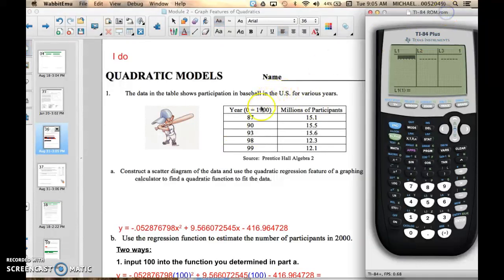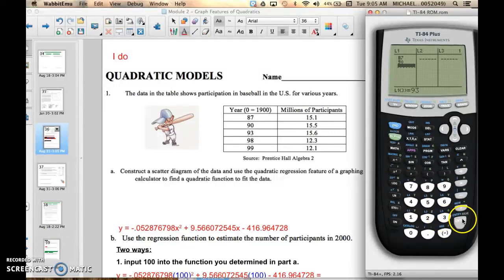And my L1 is going to be the years, and if you notice, they've zeroed out the years, and so year 0 in this piece of information is 1900. And so this 87 is technically 1987, 1990, 93, 1998, 1999, but for the sake of this, we just want to put the last 2 digits into our L1. So I'm going to go ahead and do that. 87, 90,